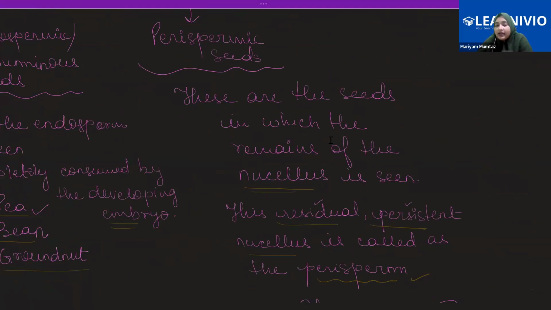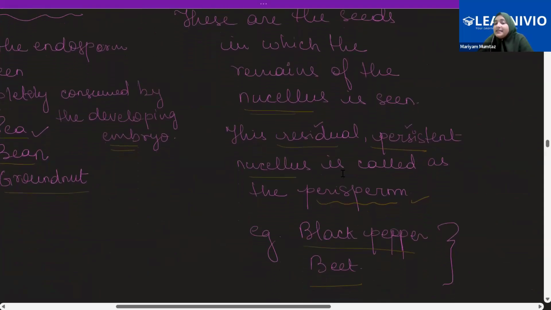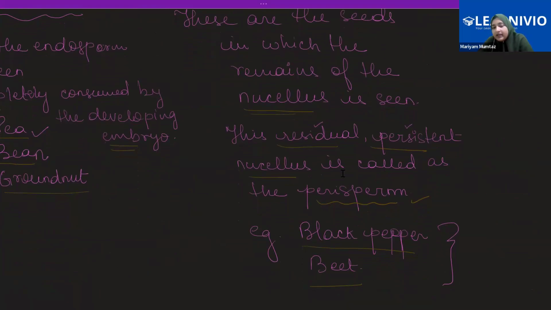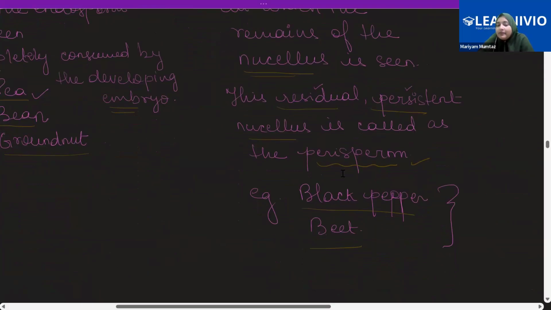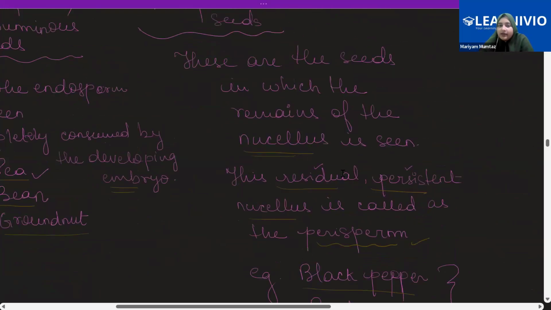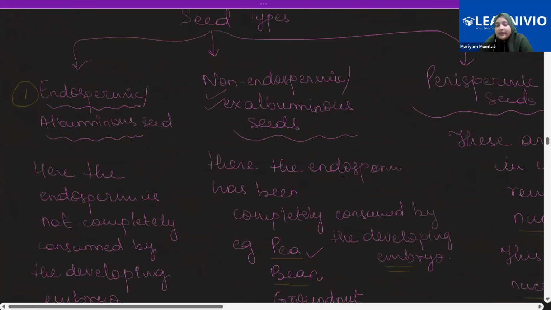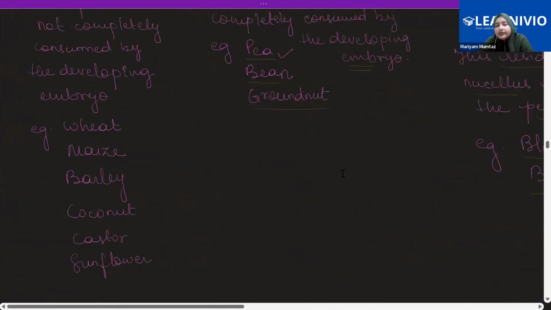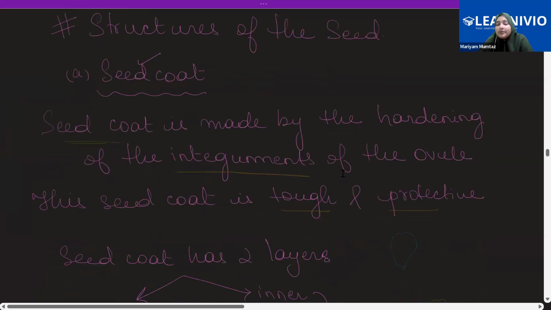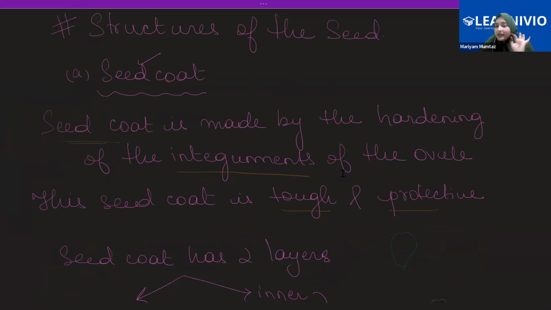Nucellus is found, and this persistent nucellus is what we call the perisperm. That is why we call these seeds perispermic seeds. Examples are black pepper and sugar beet. These are all examples of perispermic seeds. Further, the seed has a protective layer surrounding it, which is the modification or the hardening of the integuments, which